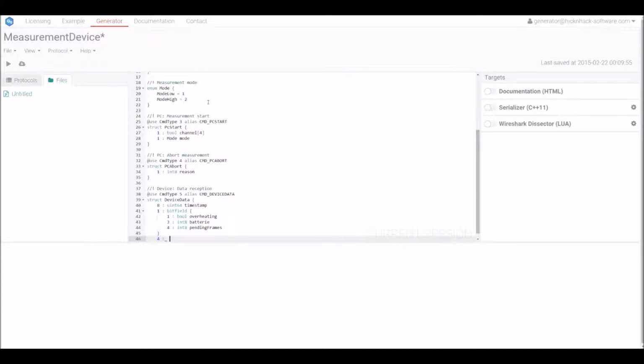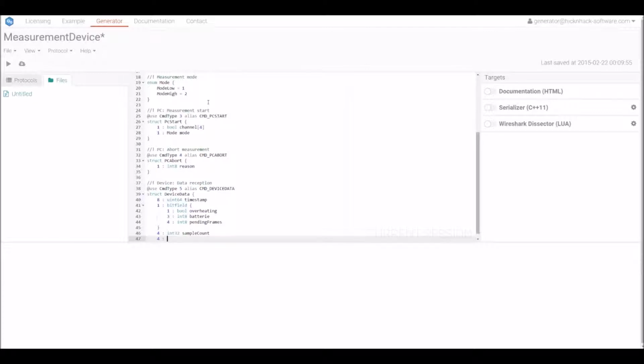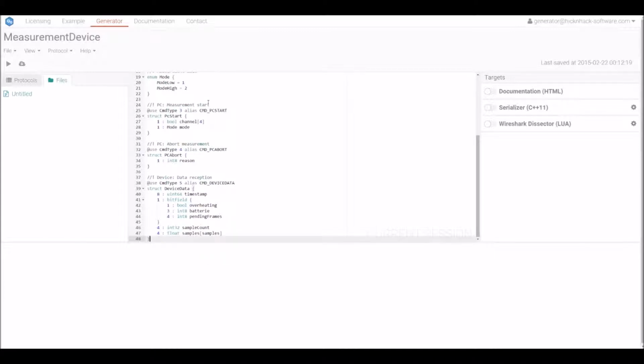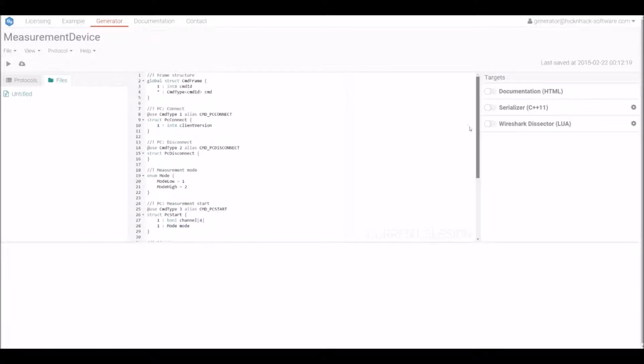Then we have the sample count and the samples. So that's all. We specified our measurement protocol.